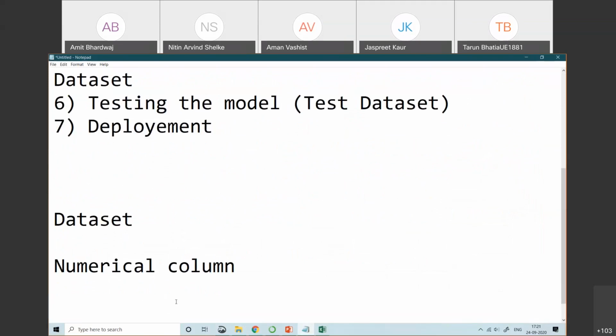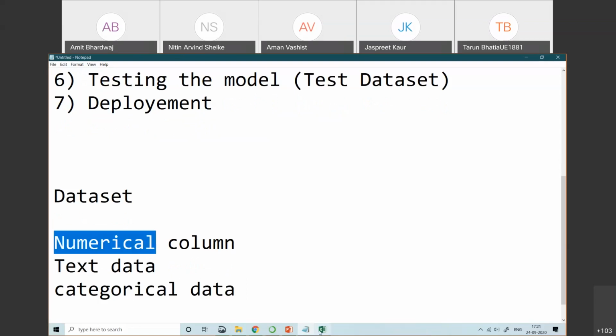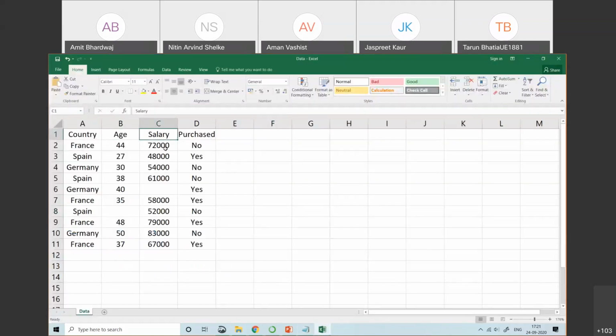The second one contains some text data, and one may contain the categorical data. Numeric data means what? Age and salary. This is your numeric column which contains the numeric data.